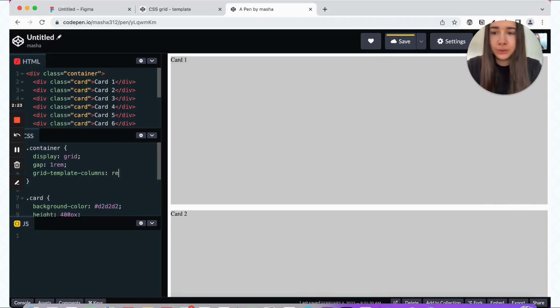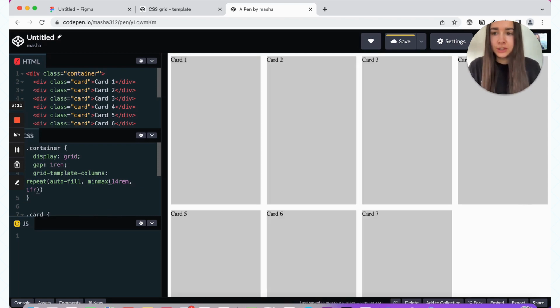So what we're going to do, we're going to repeat, and then we'll autofill our available space with all the cards. And then for each card, we want to set a minimum and a maximum value for that card width. So I think I said like around 14 rems for the minimum width. That should be fine for mobile phones, so we don't need to add an extra media query. And then for the maximum value, we'll just do 1 frame, which just means like just take the available remaining